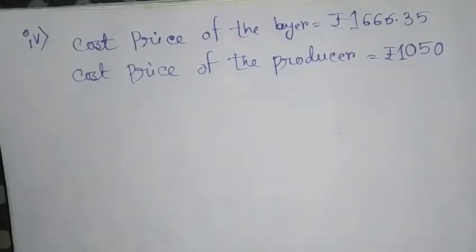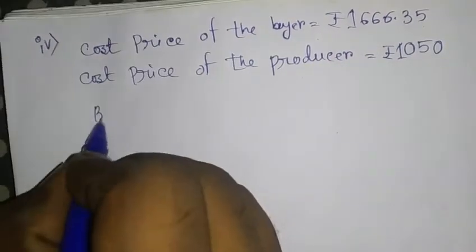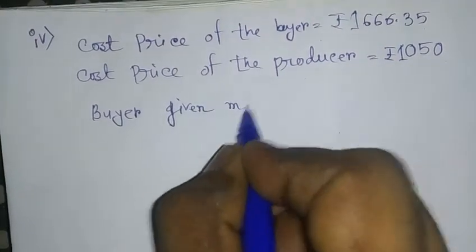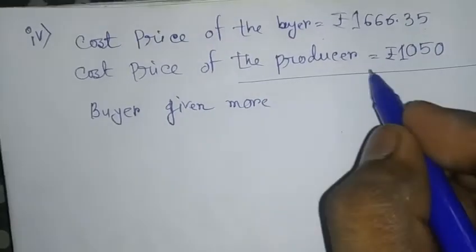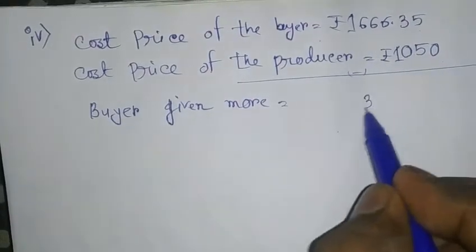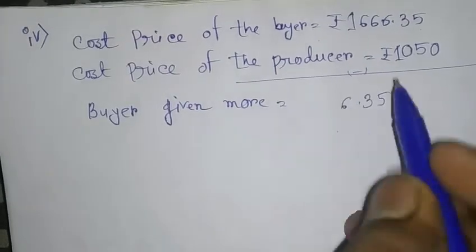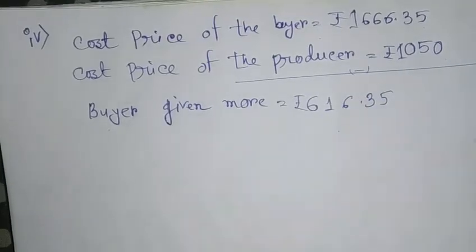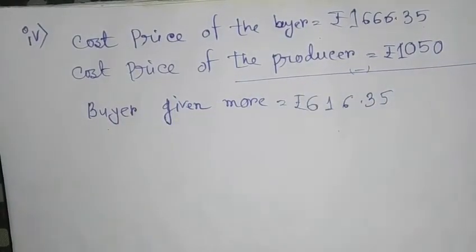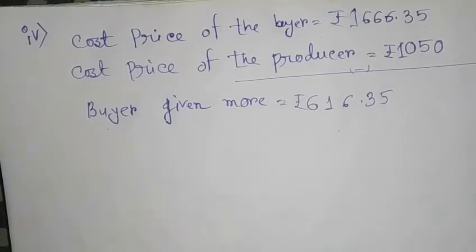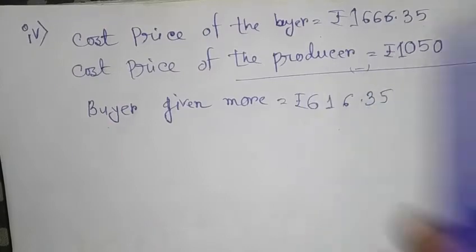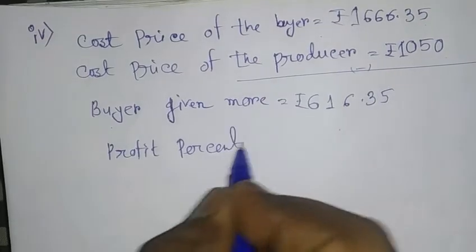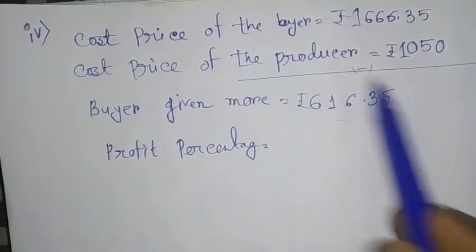So the buyer has paid more. We need to first find the difference. So buyer given more. How much? Just subtract it. This will become 616.35. This much money the buyer has given more than the cost price of the producer. Now we need to find the profit percentage. This much was the profit, and so profit percentage, this will be this